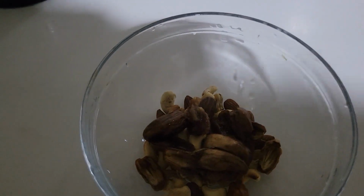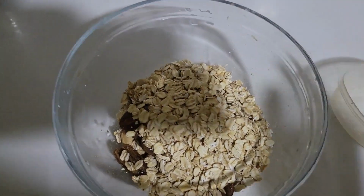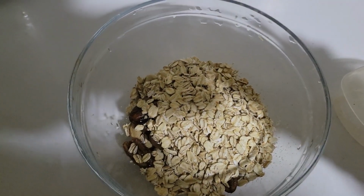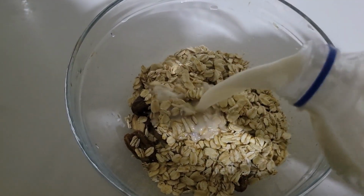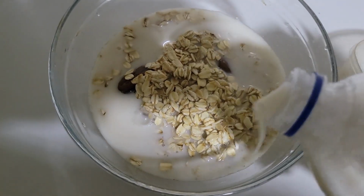my dates, and some oats. Like I was saying, if you don't like oats, you can switch with banana. Then I'm going to be adding, this is tiger nut milk. You can do it with coconut cream or any other